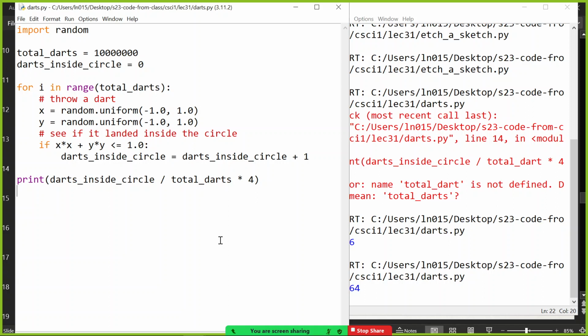Alright, so we've got some turtle examples, we've got some random examples, I think. Let's have turtle plus functions now, and I think those will be some of my last examples.